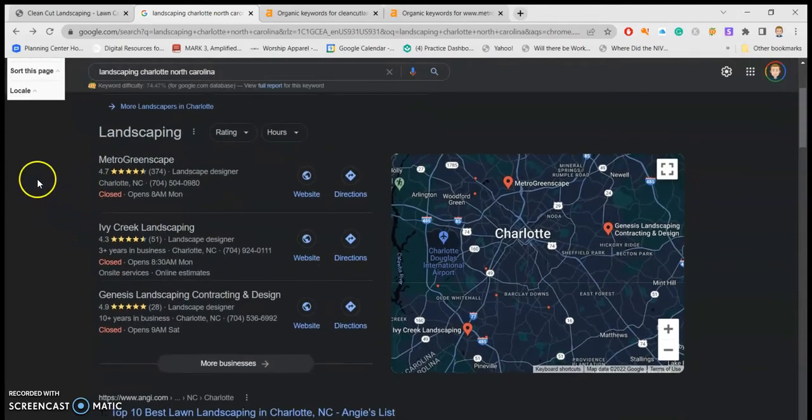If I go down, this is what's called the Google My Business profile. This is the Google Map Pack right here, and you typically have three people ranking at the top. Now, the way that they're able to do this is because they've filled out their entire Google My Business profile page